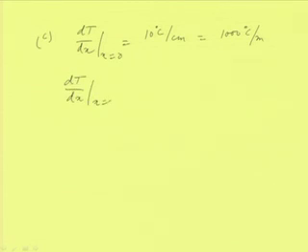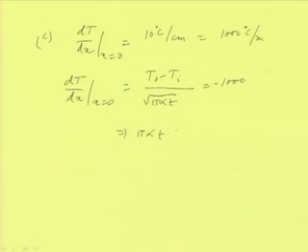and then we have seen in our derivations that dT by dx at x equal to 0 is equal to (T naught minus T i) by root over of pi into alpha into t, and that is equal to 1000. Because it is happening in the other direction, we will write this as negative, and T naught minus T i is also negative. So, we can find out, this implies that pi alpha t will be equal to this difference, 770 by 1000, whole square,